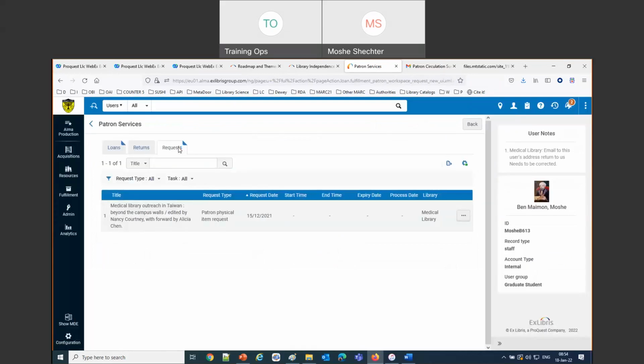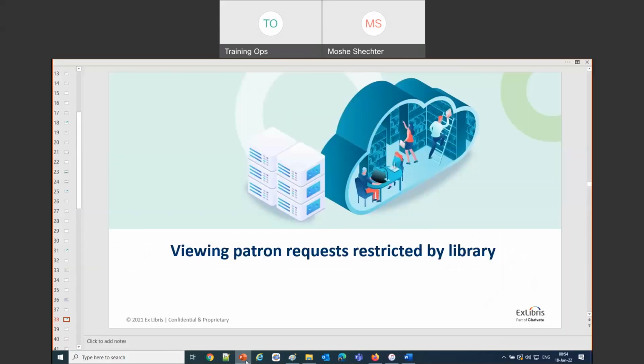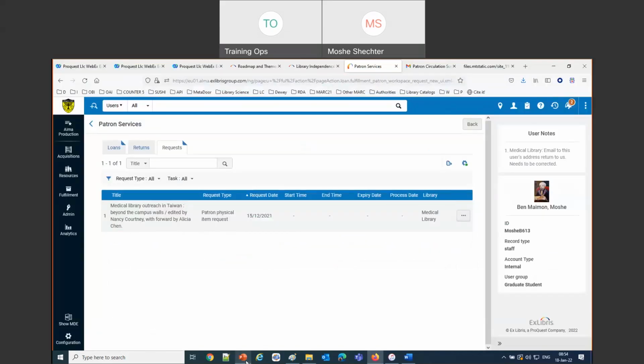So like the loans, the requests also are limited by the scopes of the circulation desk operator, circulation desk manager, everything we mentioned at the beginning in the presentation. So we've got loans separated. Not only can the user only loan or make requests for certain libraries, but the staff user can only view them. Then we've got, let's go back to the upper level here.